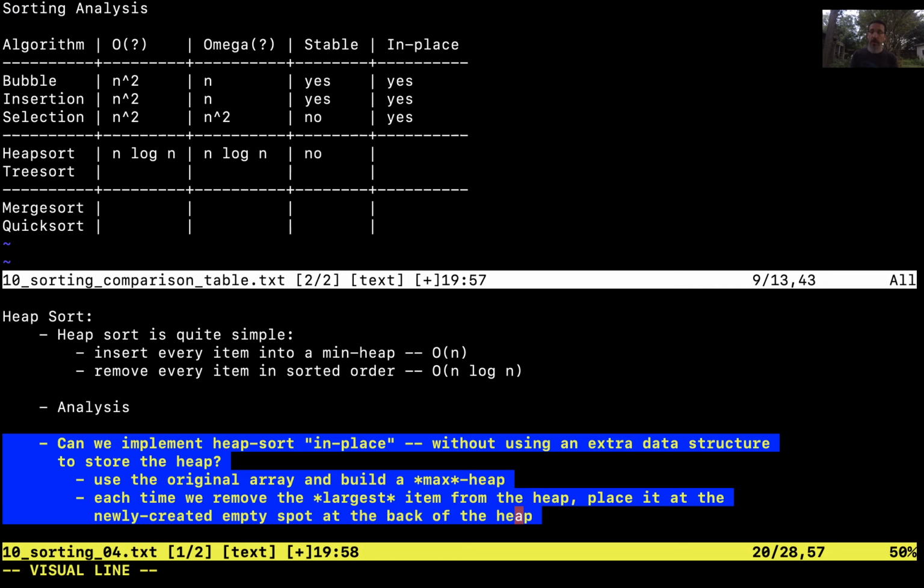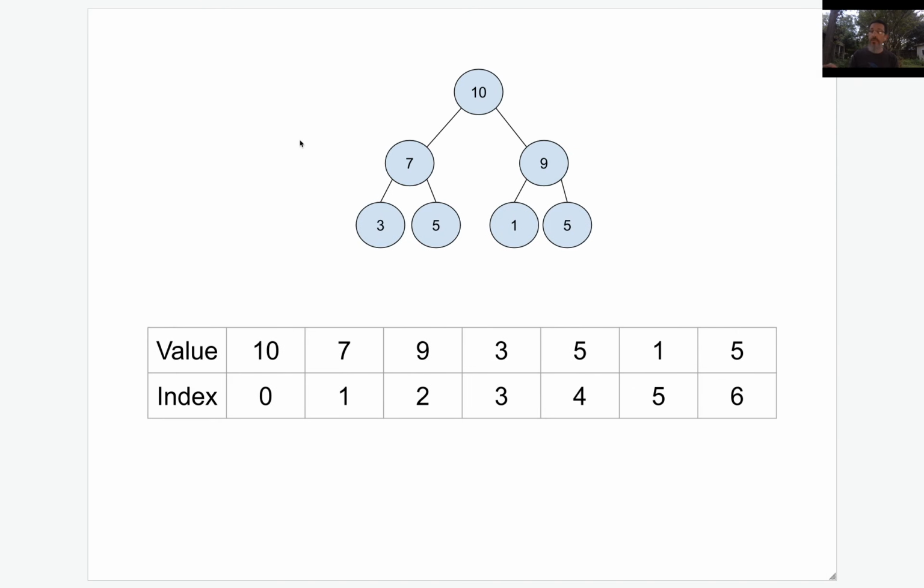the place where we want to put that thing. Let me give you a quick visualization of what is going on here. Here's a visualization of a heap. This is just our visualization, not reality. The reality is, after we've taken an array and run the make heap or build heap algorithm on it, we're going to have an array that looks like this. The values are 10, 7, 9, 3, 5, 1, 5 in level order. If we were to remove something from this heap, what do